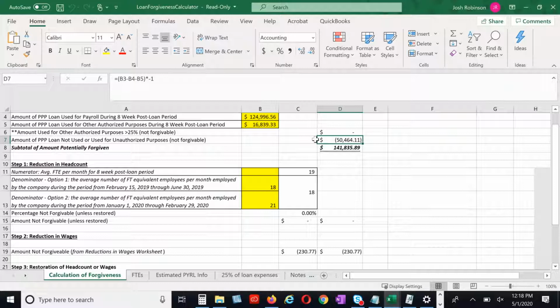If I'm sitting and looking at all of my numbers and I'm seeing that here I am in week 3 of my loan period, I've got 5 weeks left, and I'm still lined up to have $50,000 or more unforgiven because I'm not going to spend it in time, well, I can now think creatively. I could apply some creative strategies to get the biggest bang for my buck. For instance,